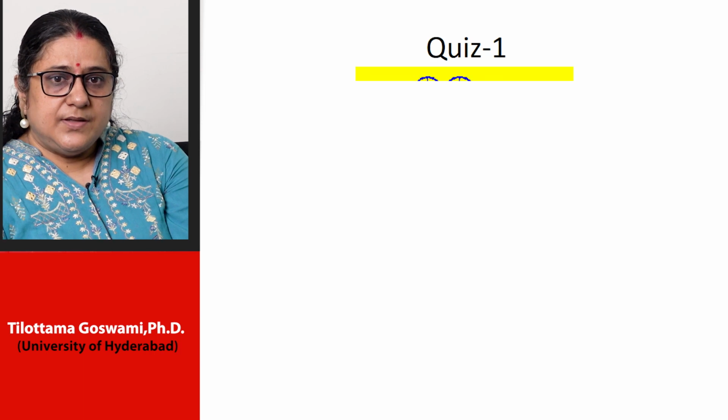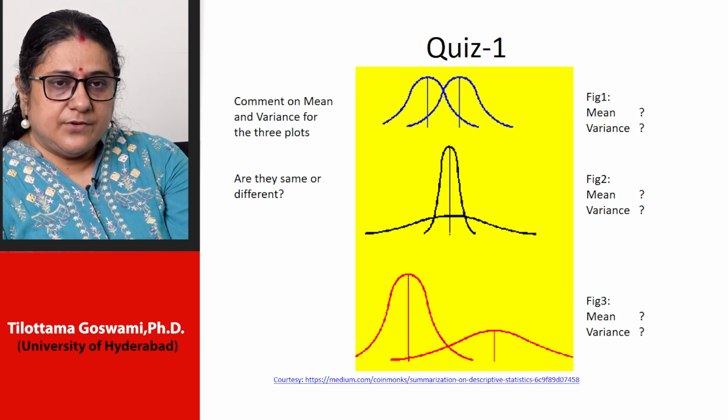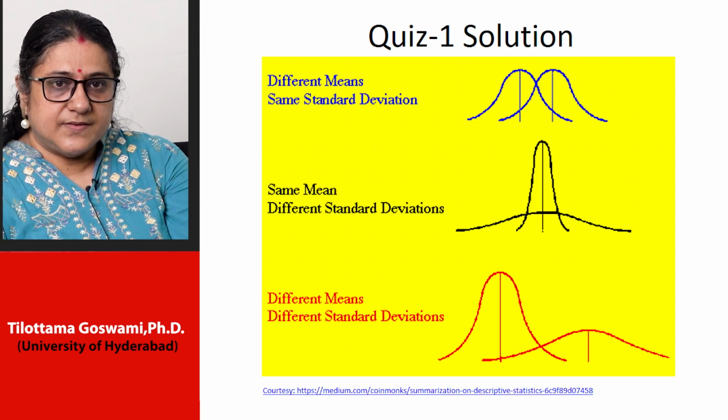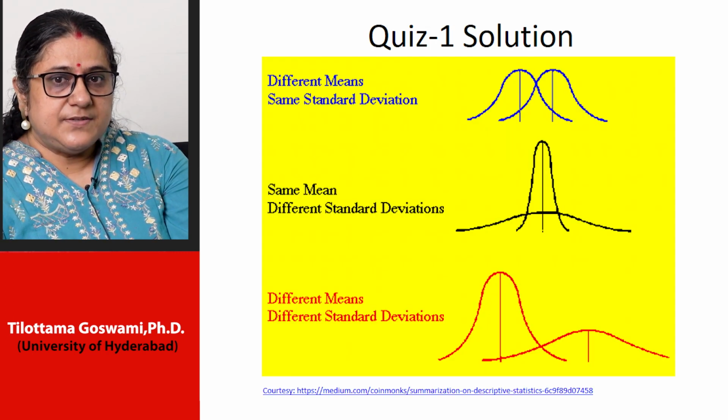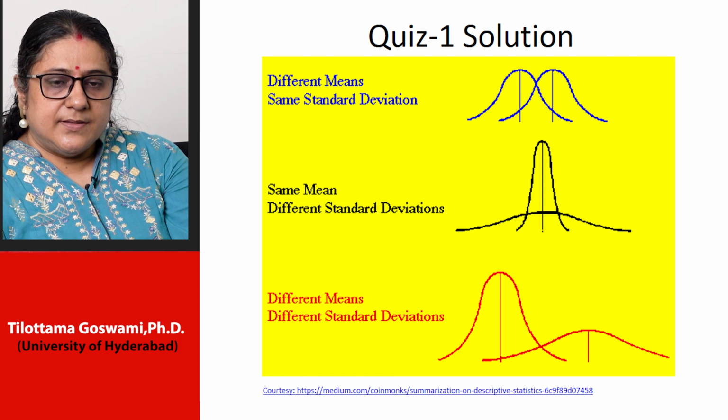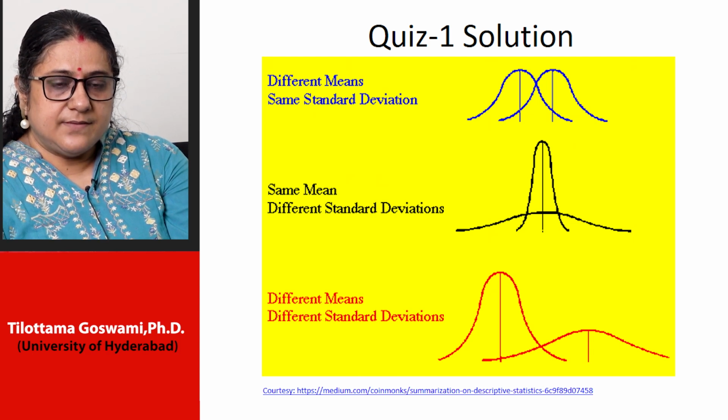In this quiz, in the first one, we want to comment on the mean and variance for these 3 plots. Are they same or different? Mean, are they same or different for figure 1? For figure 2, are they same or different? For figure 3, are they same or different? Okay, so the blue one has different means, same standard deviation. The black plot has the same mean with different standard deviations, and the third red plot has different means